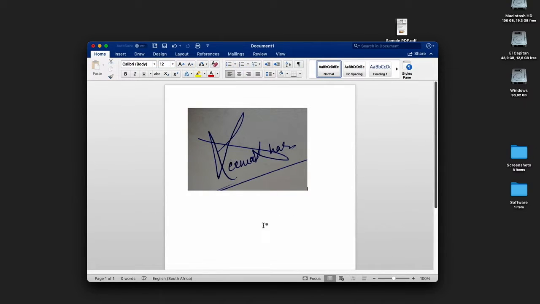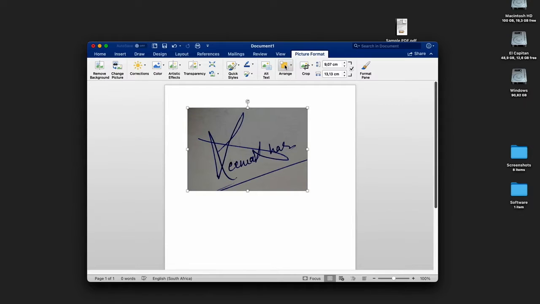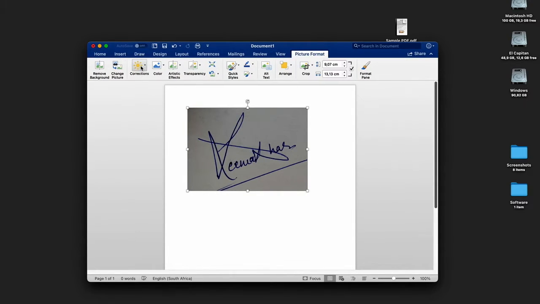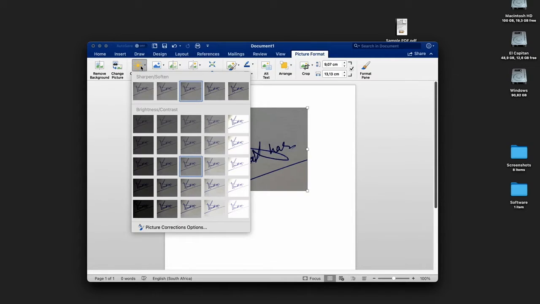I'm happy with that. The next step is to use some of our picture tools. Inside Microsoft Word, you'll find these tools on the Picture Format menu. They will all become available when you select your image. To start, I'll use the Corrections menu, and as you can see, we have various effects. I'm going to choose